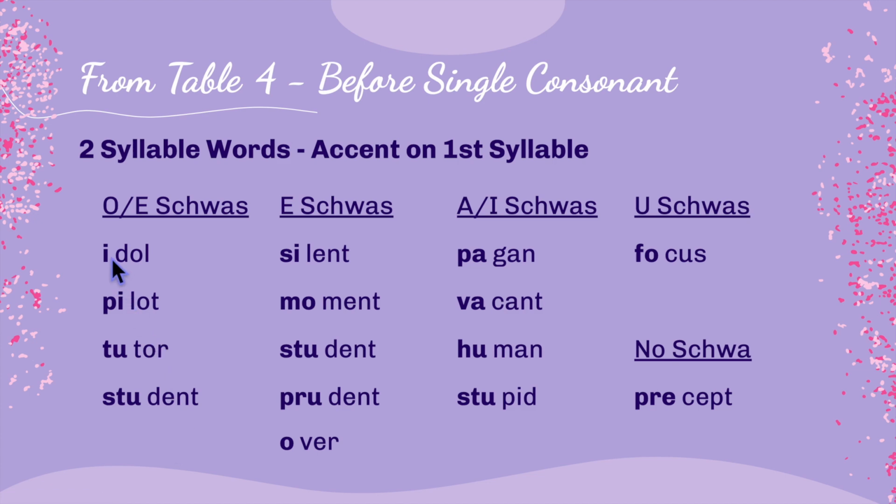Here are some more words where the first syllable is accented, so we will use the long sound, and the second syllable is not accented, so the vowel will schwa. Idle, pilot, tutor. Notice that the OR, when not accented, sounds more like an ER. Student, silent, moment, prudent, over, pagan, vacant, human, stupid, focus. In this word, this E will have its clear, short E sound and will not schwa. Precept,